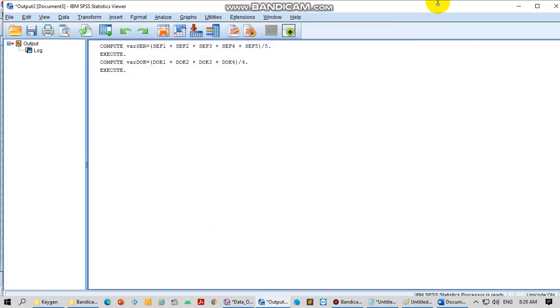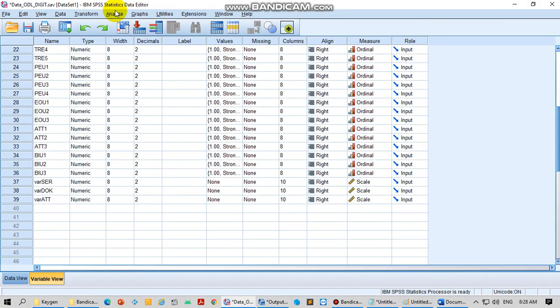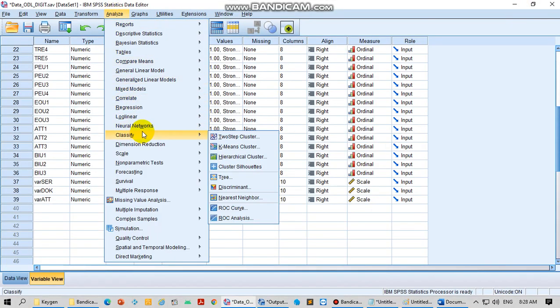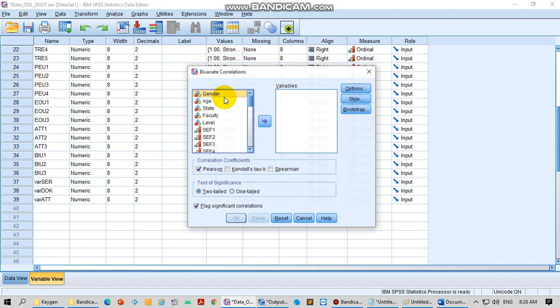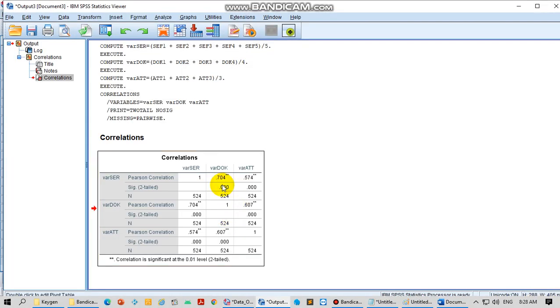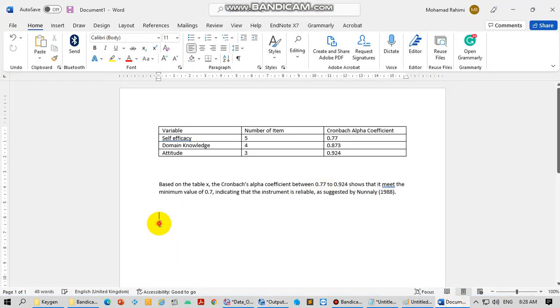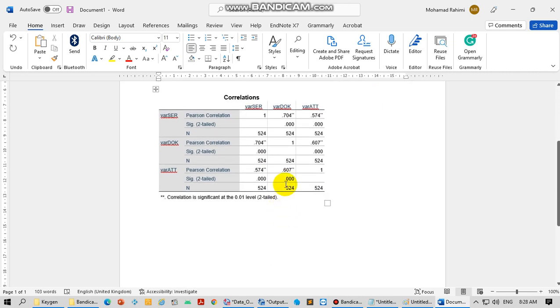Okay. So next we can check for the PSL correlation. Go to Correlate, Bivariate, and then select all the 3 variables. Make sure you select Pearson and two-tailed. So this will be the result of the correlation. Just copy it here. So we check